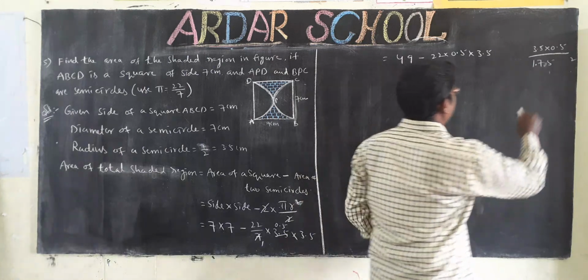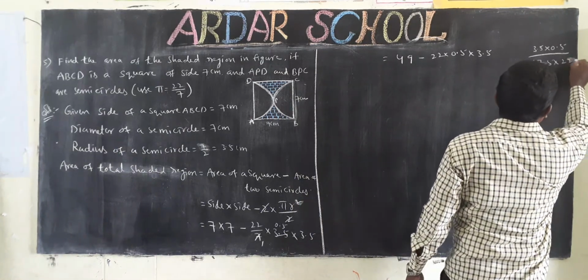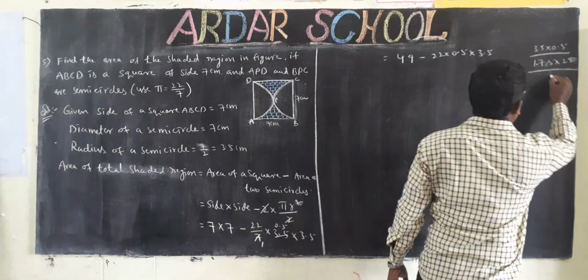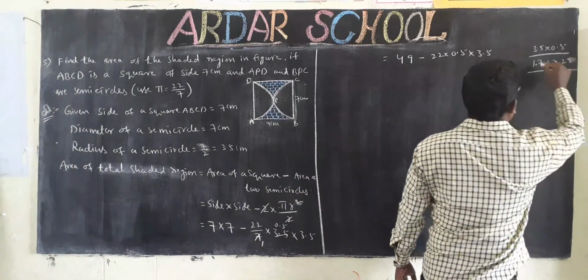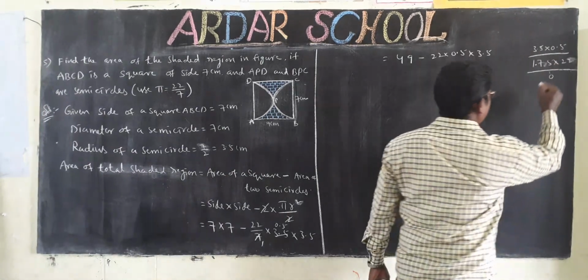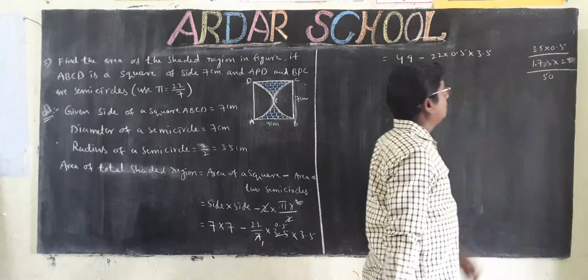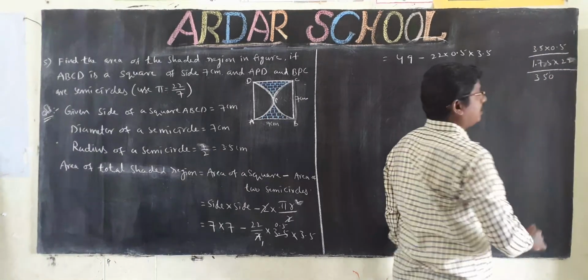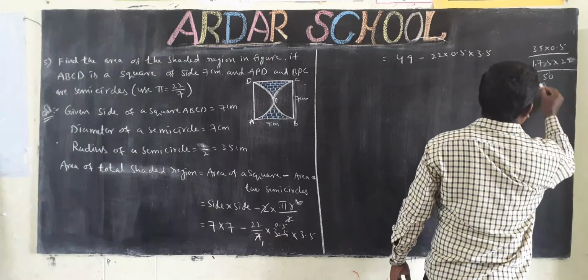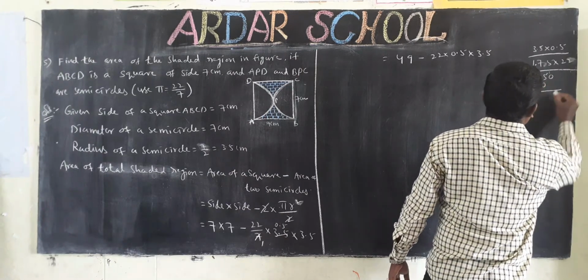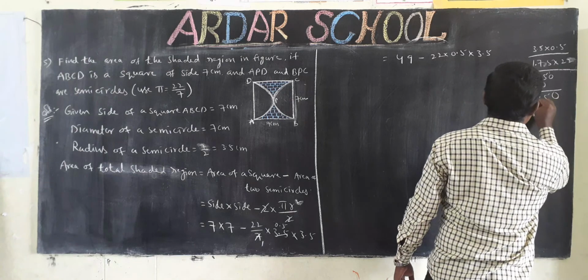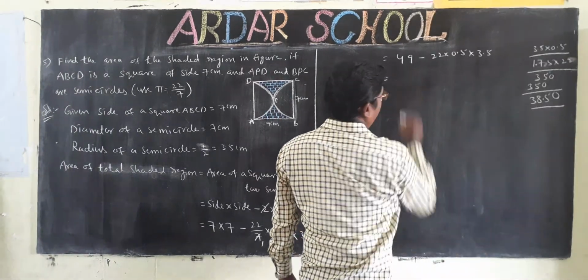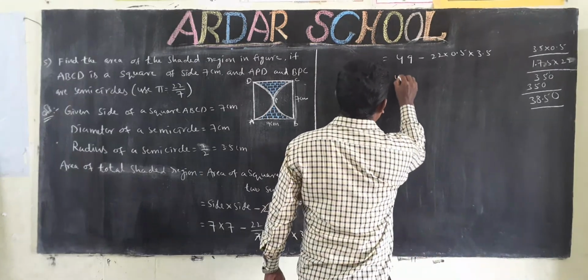Then you have to multiply with 22. 2 fives are 10, 2 sevens are 14 plus 1, 15, and so on. Multiplying gives 3850, and after two decimals, that is 38.50. So 49 minus